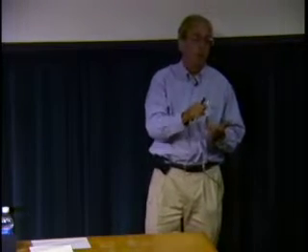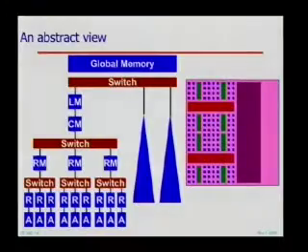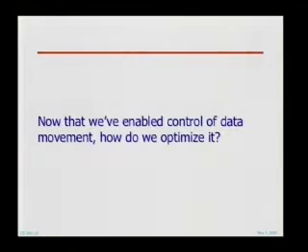But it's actually important if you're in the L1, whether you're on this end of the chip or that end of the chip. You have no control over that and can't even see it the way most of these architectures are. If you view this as the L1, which one you're in matters because it's close to some arithmetic resources and far from others. And if you want to choreograph your movement of data, you want to make sure the data is put near where it's going to be used. So by having an architecture like this, we now give you control over the movement of data, and that lets you optimize it.